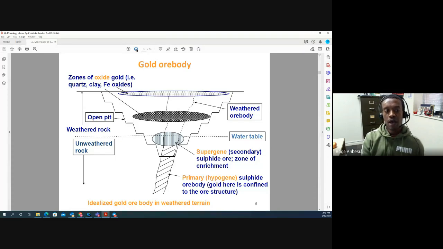So instead of just mining, say, the oxide zone first, they mine everything at one time and blend everything, and the processing plant can handle that blended material very well. So again, we need to account for how the ore body varies as we go deeper and deeper, and our processing plant also needs to account for that variation in